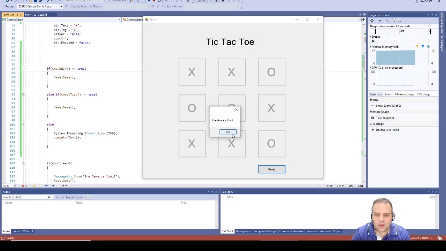Game is tied. There we are. So it kind of gives the impression that it's considering where to play rather than immediately doing it, and you sort of don't maybe notice immediately where it plays. Now you can see for sure where it's gone. So we have our tic-tac-toe game